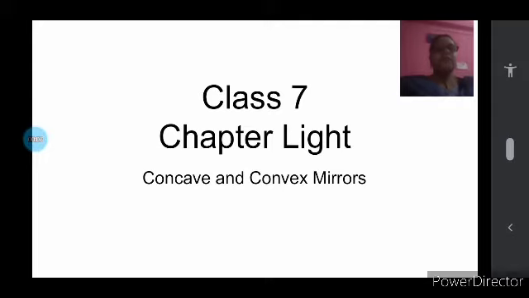Today's class will further learn about mirrors. So, in the previous class we learnt about plane mirrors and also the characteristics of the image formed on a plane mirror. So, today we will further learn about concave and convex mirrors. To understand these two types of mirrors, first